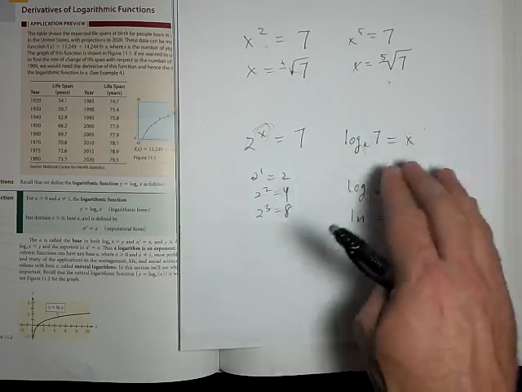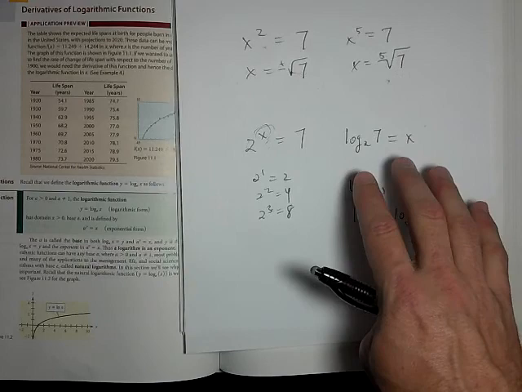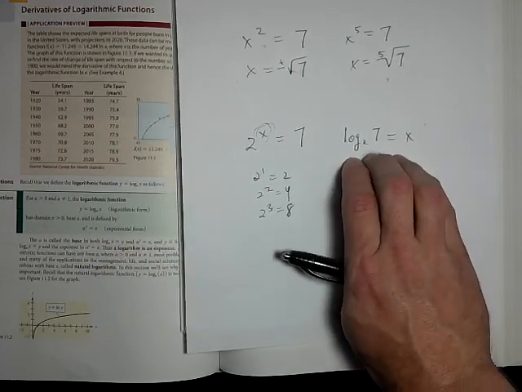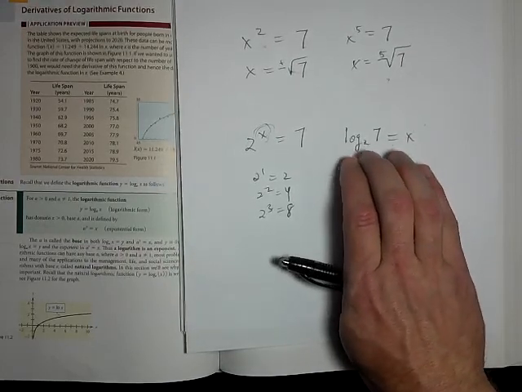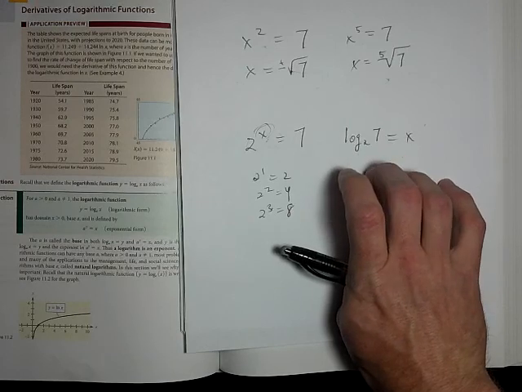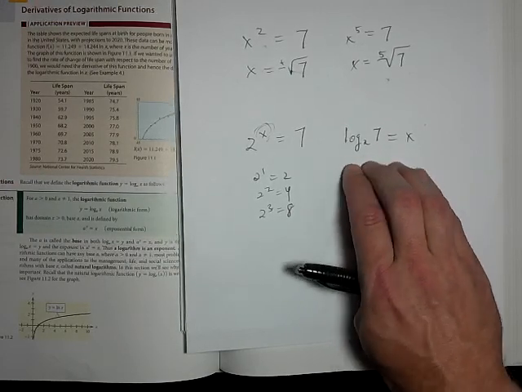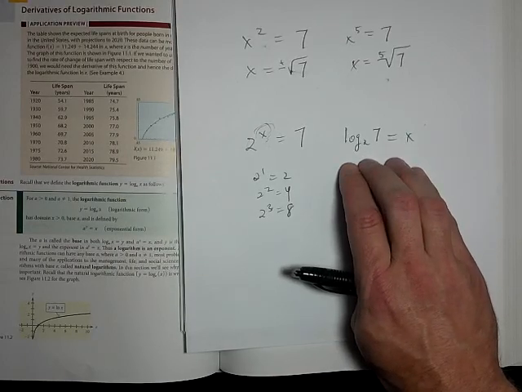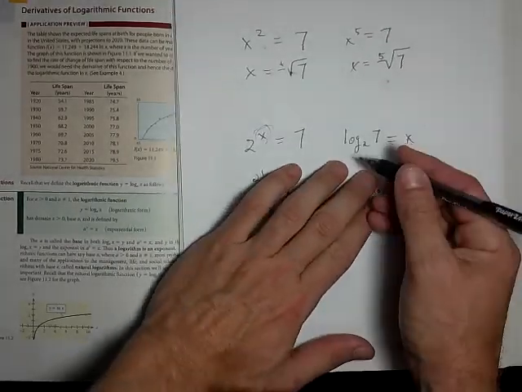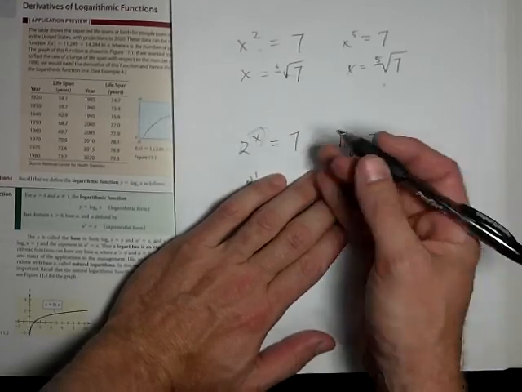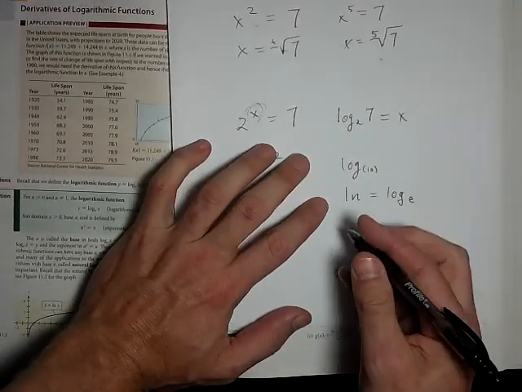So right now, with the skills that you have, there's no way for you to find this. What I can tell you, and the only reason I'm telling you this is because I don't want you staring at this and saying, I don't know how to do this. The way you do this is there's a rule of logarithms which says that